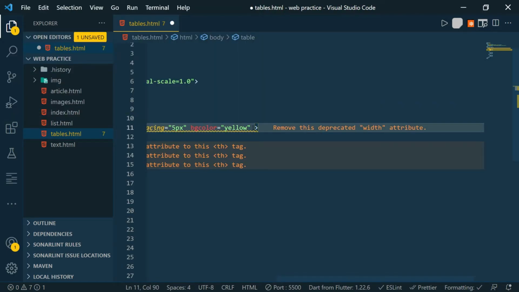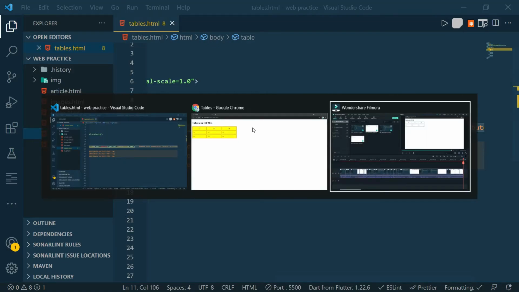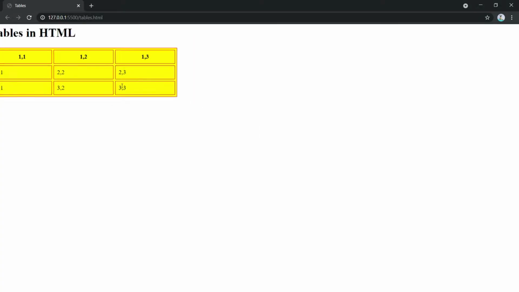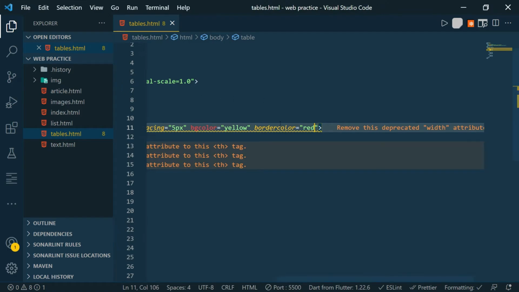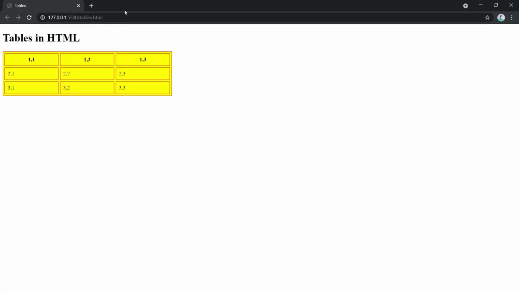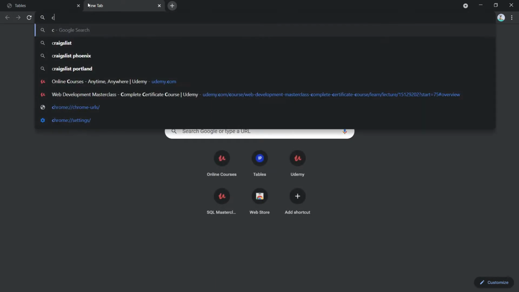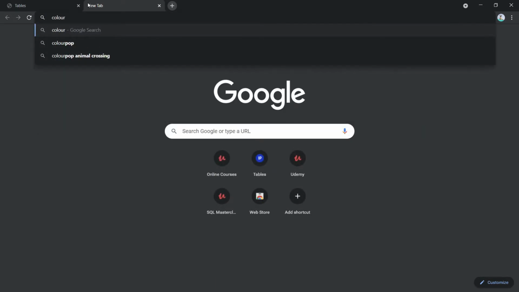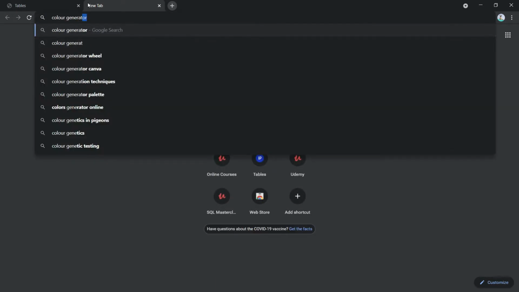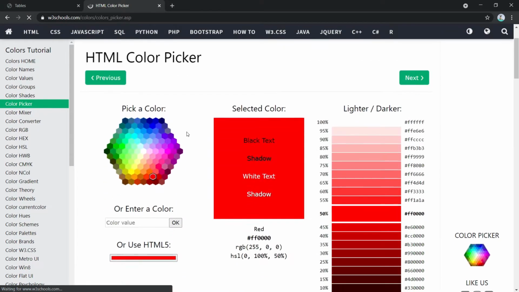To change the color of the border you have to add an attribute bordercolor. I'll use red. You can even give hex values here by searching for a color on Google.